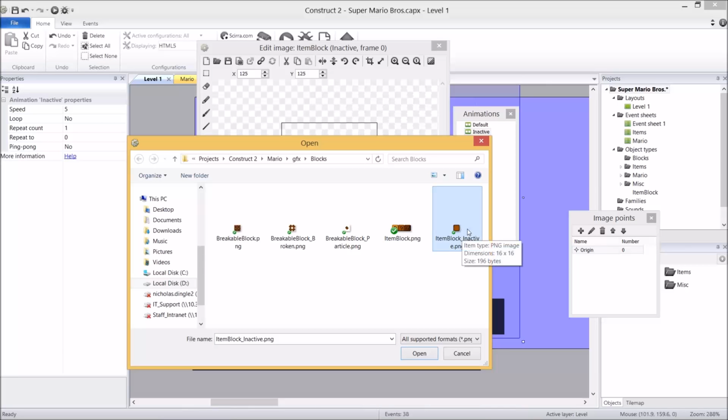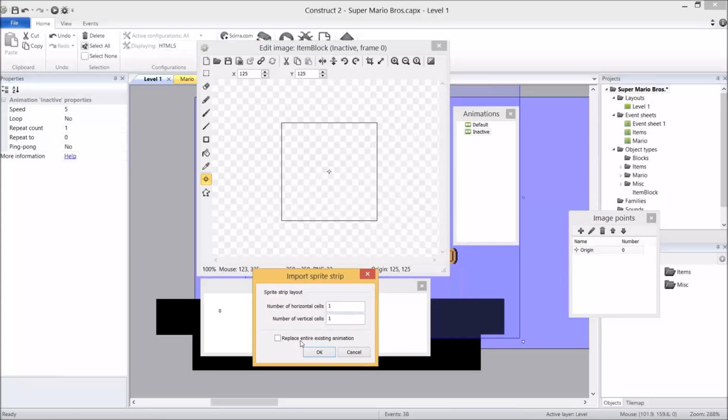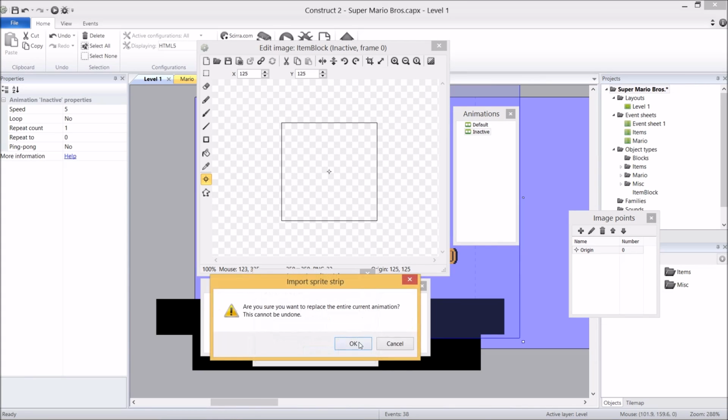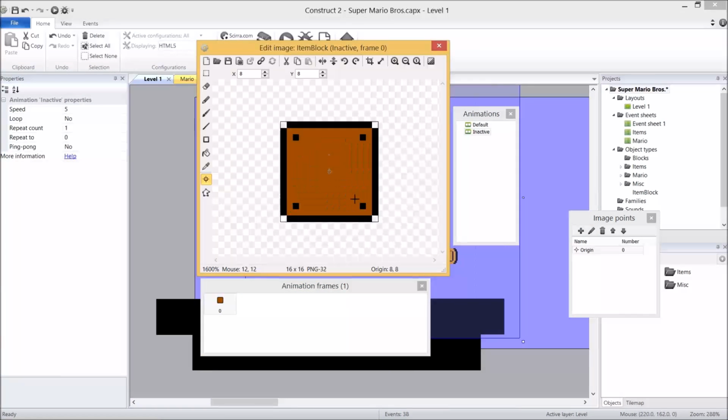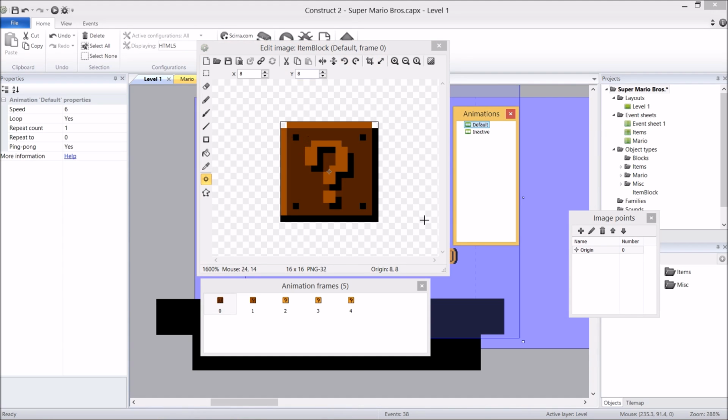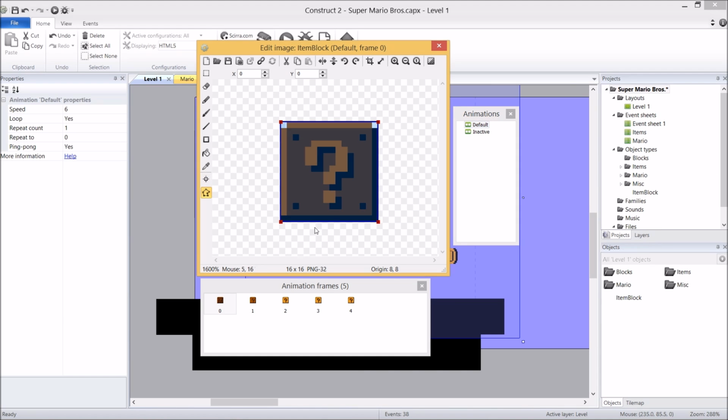Now I know there's only one picture there and it's not really a sprite strip, but I just like to tick that box to get rid of that frame for me. Okay, so we're pretty good to go. The next bit is going to be a little bit annoying. We need to change the collision of this box. I'll explain why we're going to change the collision after we do it, because I need to add one more thing to our project before it's easy for me to explain.